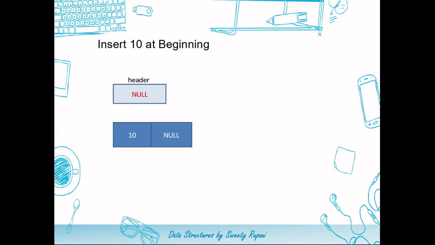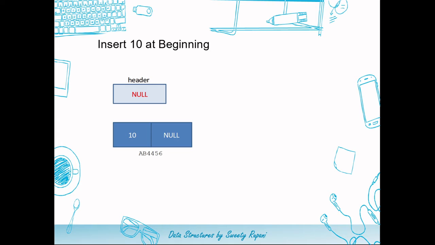It will give me one data field and one address field. I'll move the data value 10 inside the data field, and initially we will move a null value into the address field, because in C we have a concept of garbage values. If you don't store a null value over here, it may point to some garbage memory location. So it is better to store data along with the address as null whenever you create a new node. Once this node is created, as this is going to be my first node, we will have to update the header in order to point it to this particular node.